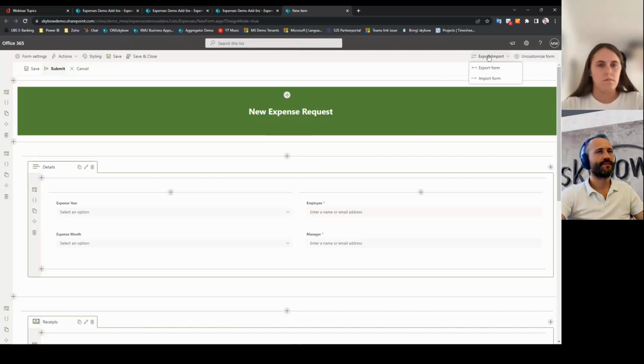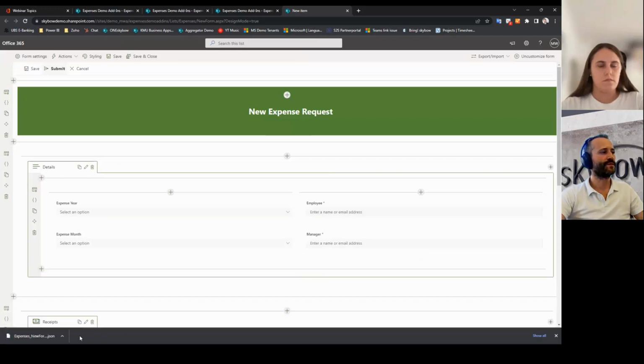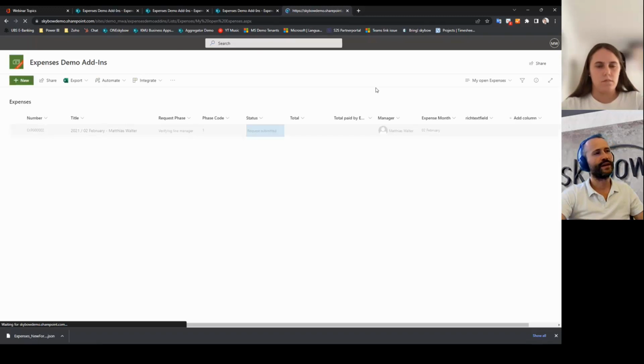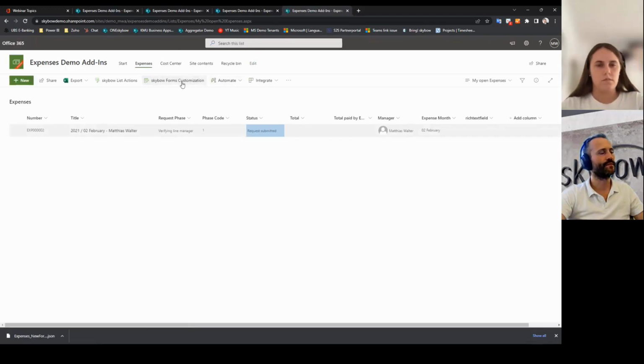With this, you can simply go here on the top, click export, which gives me a .json file. It's really just a standard JSON format. It's text, and we can use that somewhere else. We can use it as backup. We can also use it, now we are on the edit form. I'm going to the new form, sorry. If I now go to the edit form,